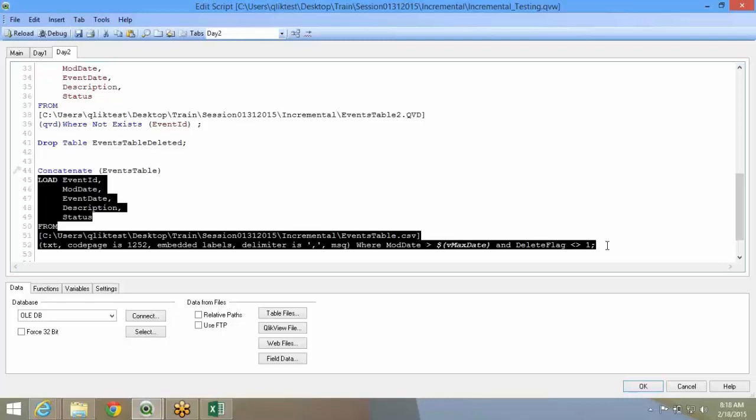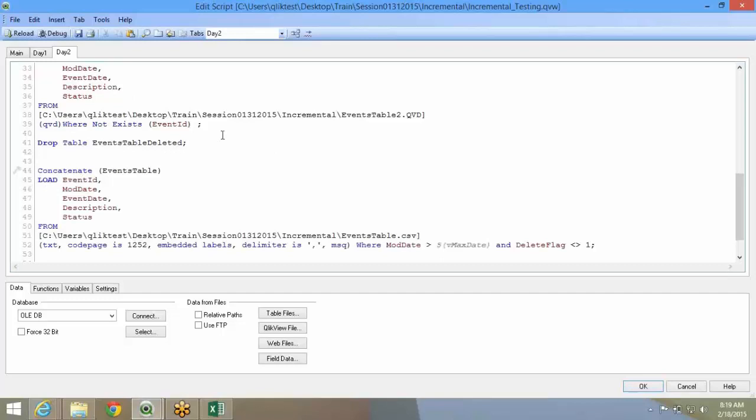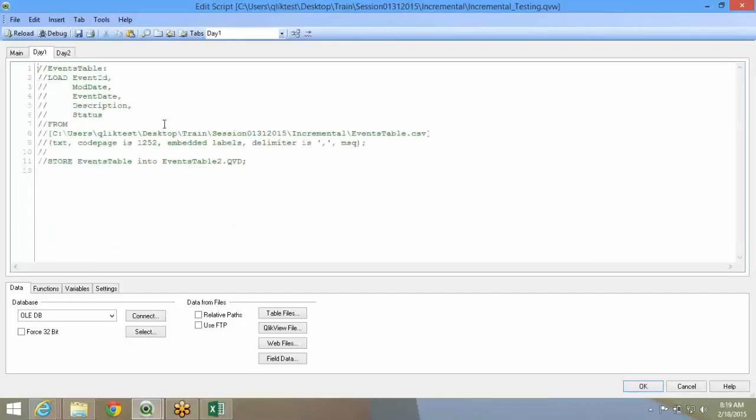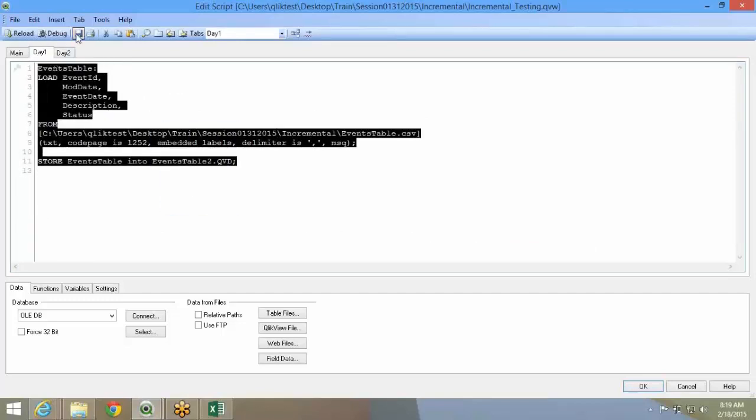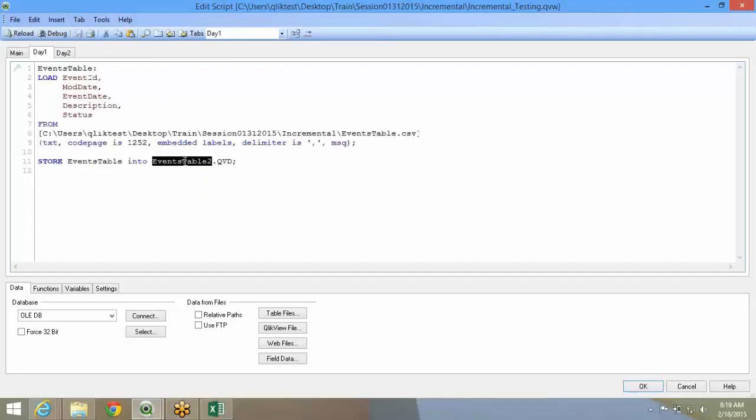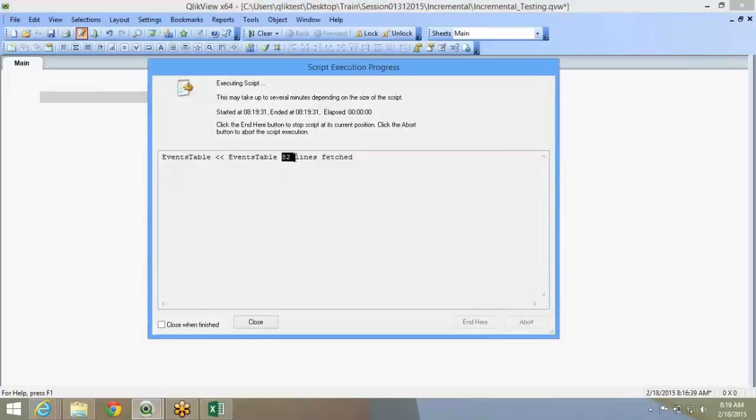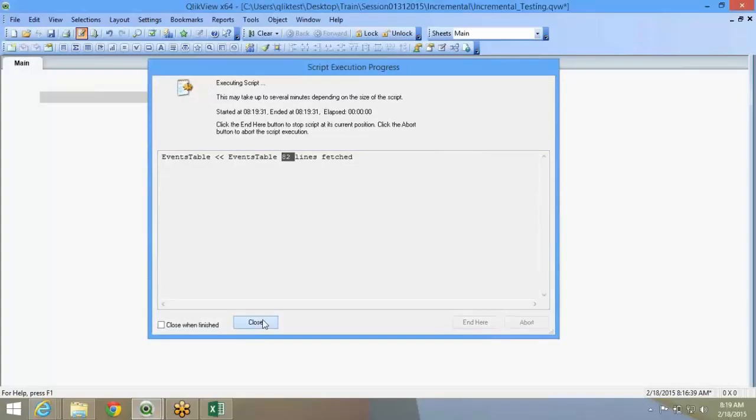Yeah. So to make it useful, if we can fix this one, that is delete forever, so that it becomes more useful. Currently they do it manually. That would be good, and the bug is already there. Okay, can you go back to day 1? Yeah. Okay. This table is... okay, storing it into events table 2. So what I'll do is when I reload it, 82 records are updated. Yeah. So let's...